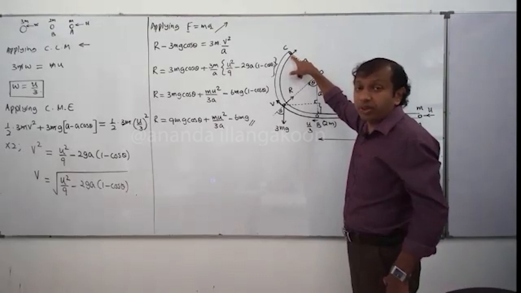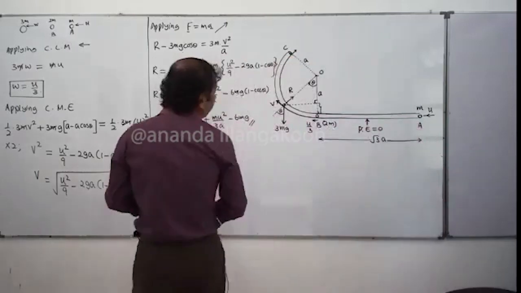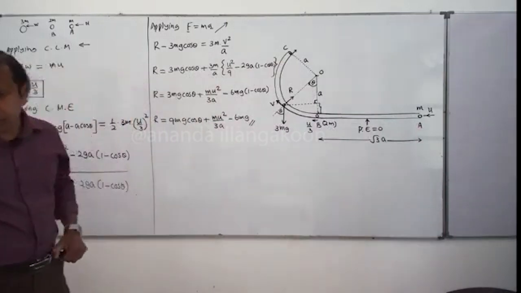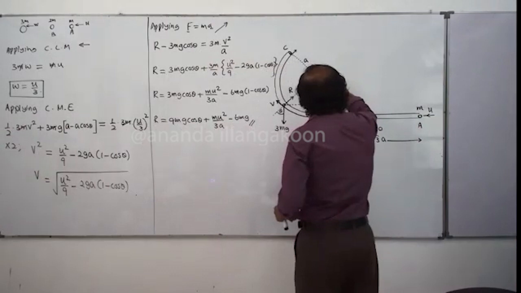That is the only condition we can give. The particle should have sufficient velocity to reach the point C. The velocity at the point C can easily be found,